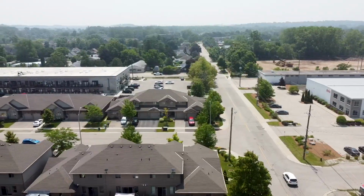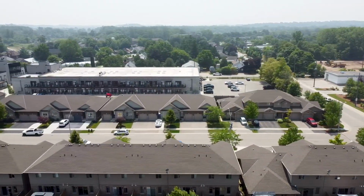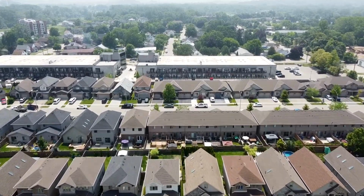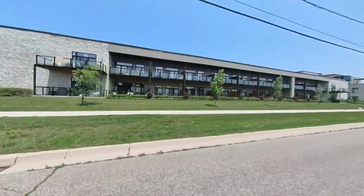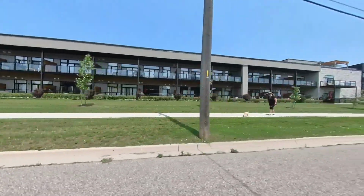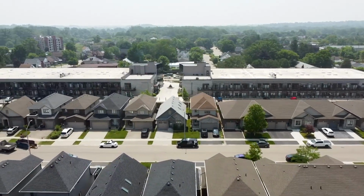Then also, you're going to find a few townhome options to choose from in this area, as there's a lot of newer townhomes that are being built within this community. And then as for condos, you're going to find the Morale Condo Lofts, which is a recently renovated building and has been repurposed for some great lofts for those first-time home buyers or investors that are looking to enter Brantford's real